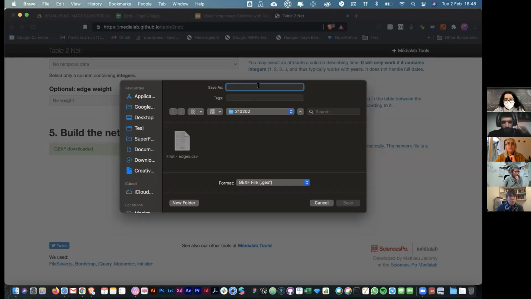So what I will suggest you to do is to rename your file, because Table2Net always downloads your file and names it network.gexf, and I really suggest you rename it, otherwise you will lose the file within minutes, because every time we export one, it's network 1, 2, 3, 4. So in this case, I will call it